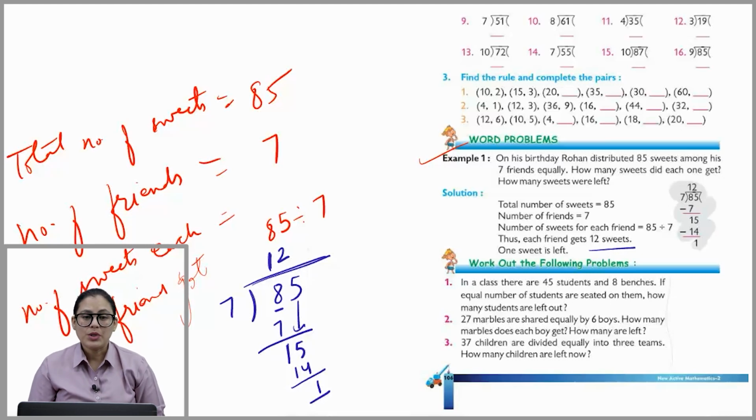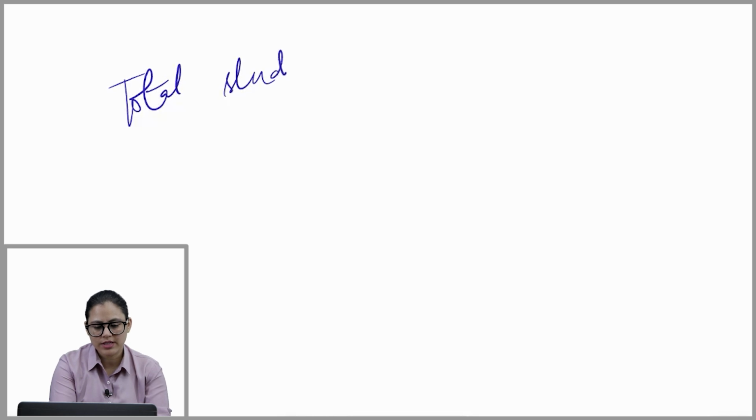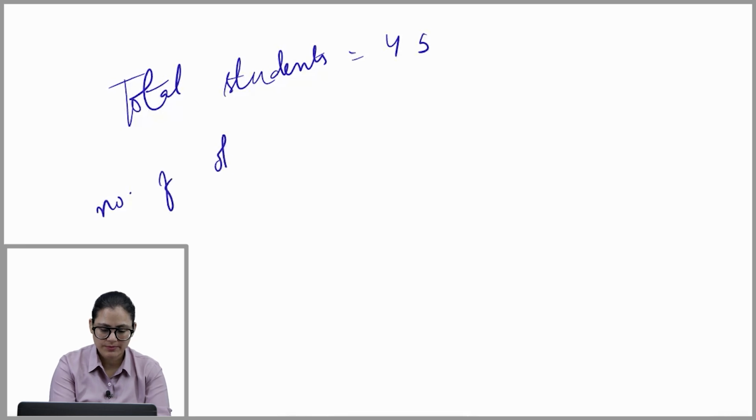Okay. Work out the following problems. In a class, there are 45 students and 8 benches. If equal number of students are seated on them, how many students are left out? Okay. Let's check this out. See, total students, how many students are there? 45. And number of benches, 8. So, number of students